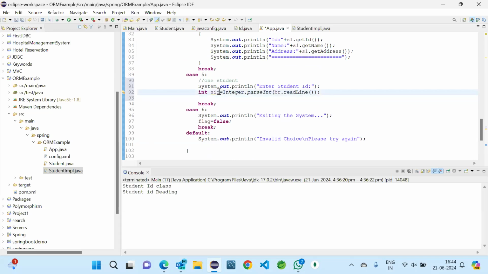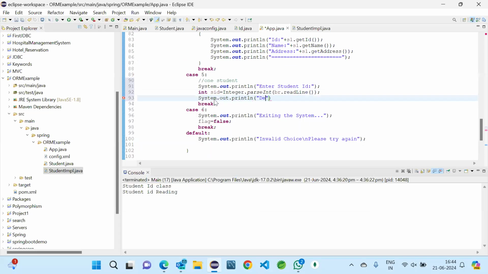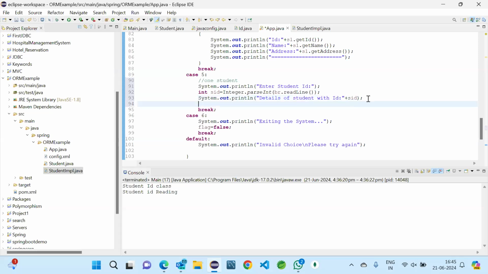So according to this ID, we need to get the values. So how will we get it? We have the method to get a student according to ID now. So we'll use it simply. Before that, we write a statement, println, details of student with ID plus SID. So the particular student with this particular ID, details are below, like that we are printing a line, and